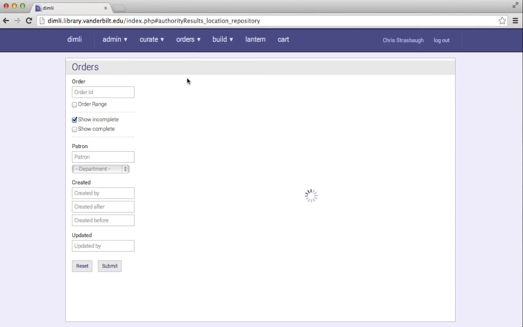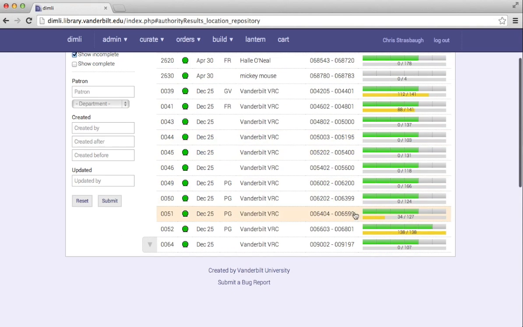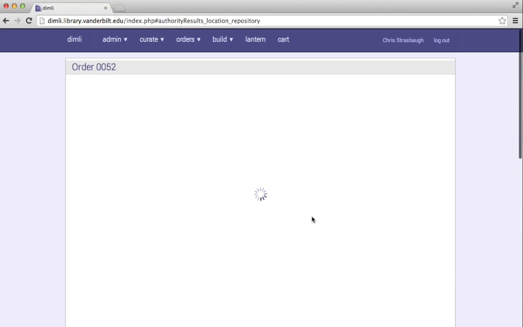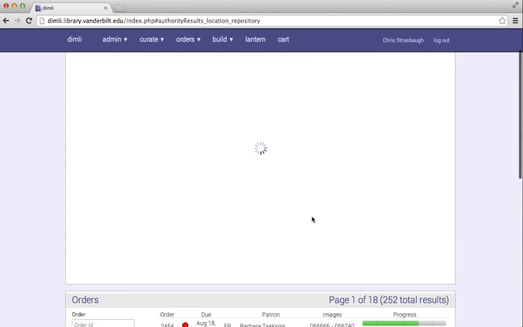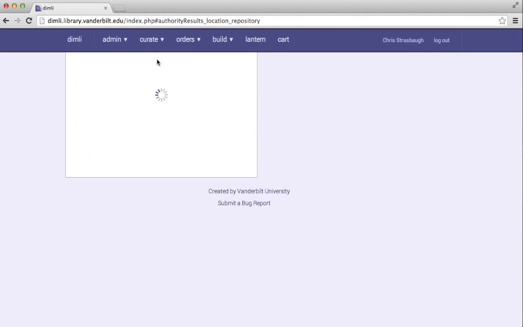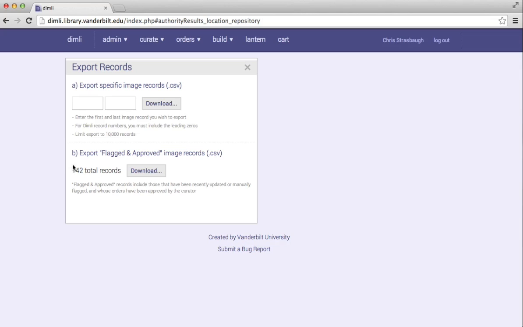Keep in mind that there are 4 current records now. I'm going to go back into View Orders, and I remember that there is an order of 138 images that was awaiting my approval. Now I have already looked through all the images that were in this order and noticed that it was perfect. So I'm going to hit approve. And if I now go back to Export Records, instead of 4 images, you will see that the number has jumped dramatically. When I click download, it's going to be generating a CSV